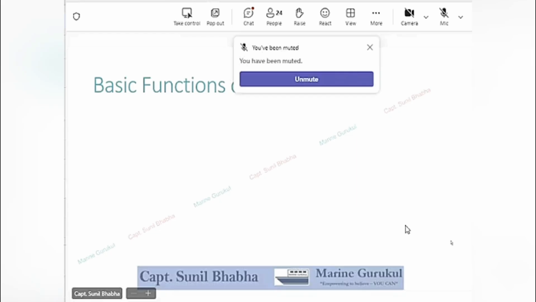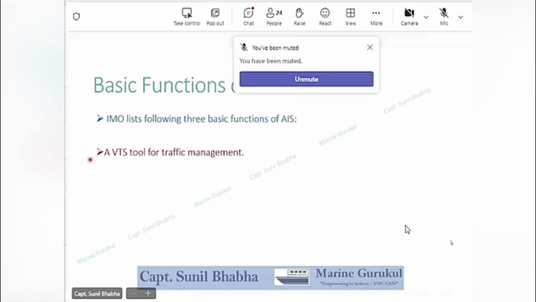Now, as per IMO, there are three basic functions which the AIS fulfills. Number one, AIS is considered to be an excellent VTS tool for traffic management.